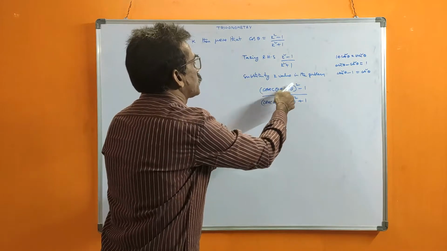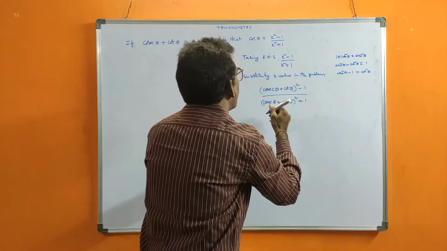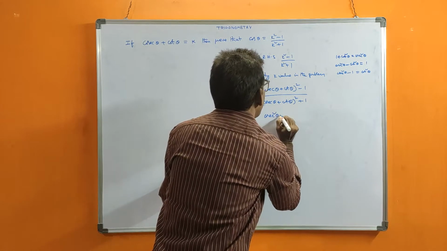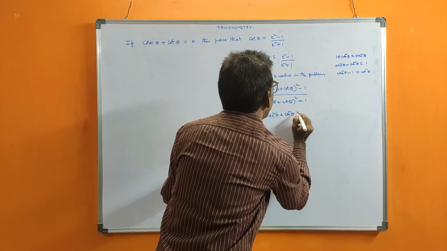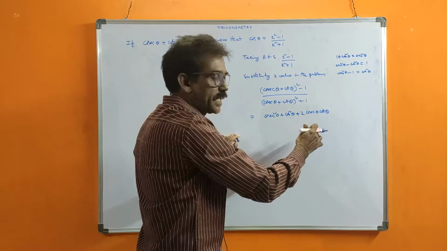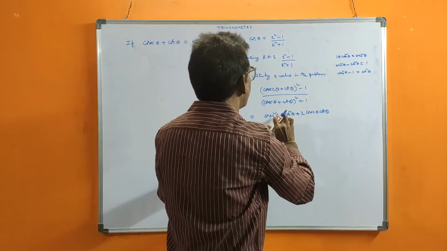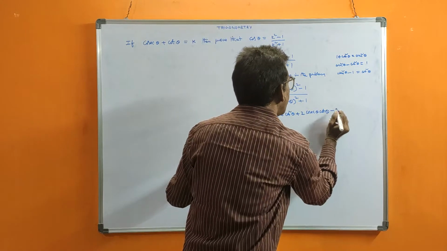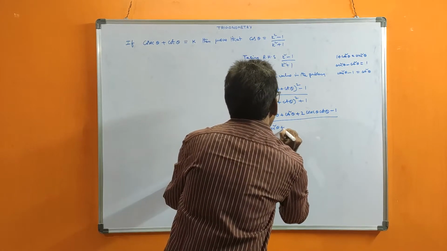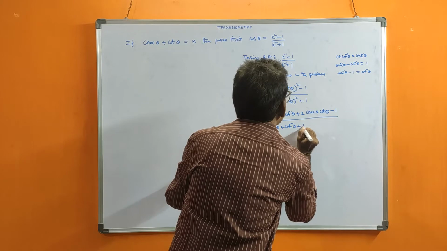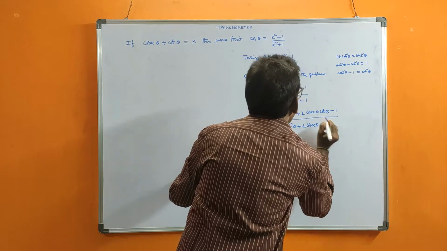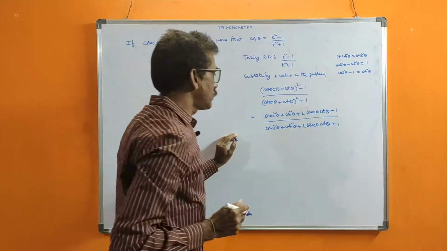Now you know this is a plus b whole square, you expand. This also a plus b, expand. This is a, this is b. So I am expanding a square plus b square plus 2ab. I am writing cosecant theta cot theta instead of ab. Anyway, 1 is there. In this also, same: you write cosecant square theta plus cot square theta plus 2 cosecant theta cot theta. No change up to here. Here 2ab, but here plus 1 is there, that is the only change.